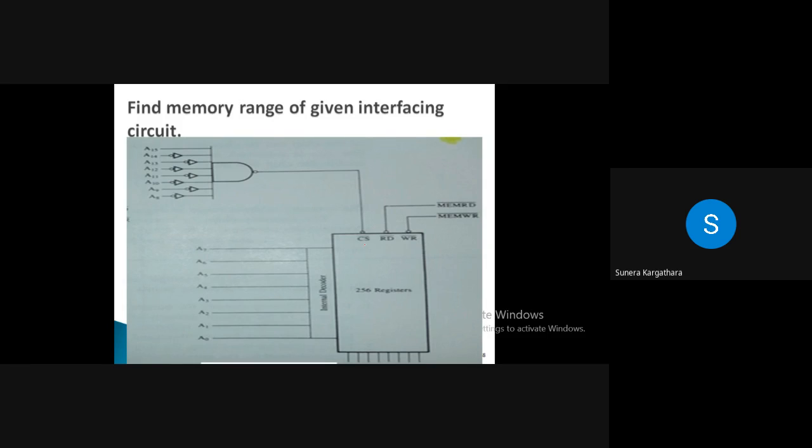Now everyone can see that chip selection is only one input. Yes or no? With this one input, how can you connect so many inputs? How will you connect your remaining lines with one input? For chip selection you need to give only one logic. Am I communicating, student? Right? You need to give only one logic over here. If you give logic 0, that means this chip is not selected. If you give logic 1, then this chip is selected. So from so many lines, how can you apply one logic, student?